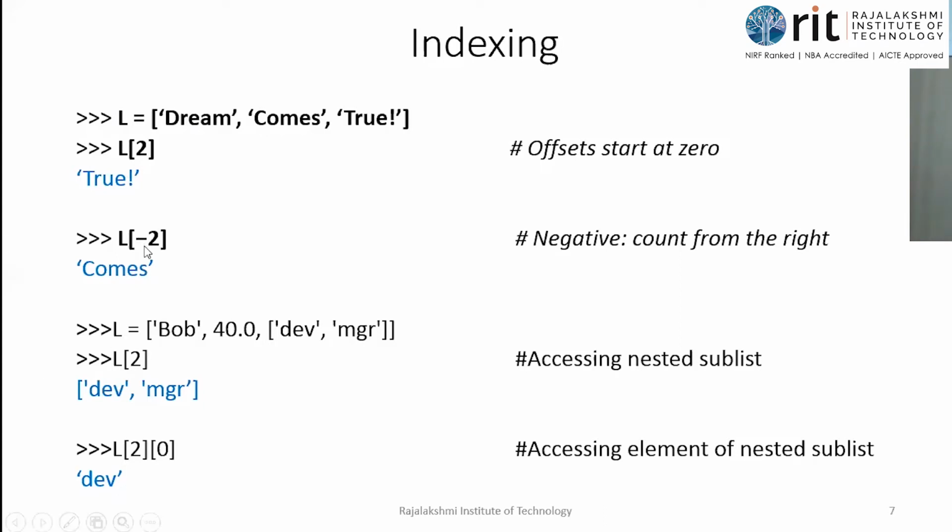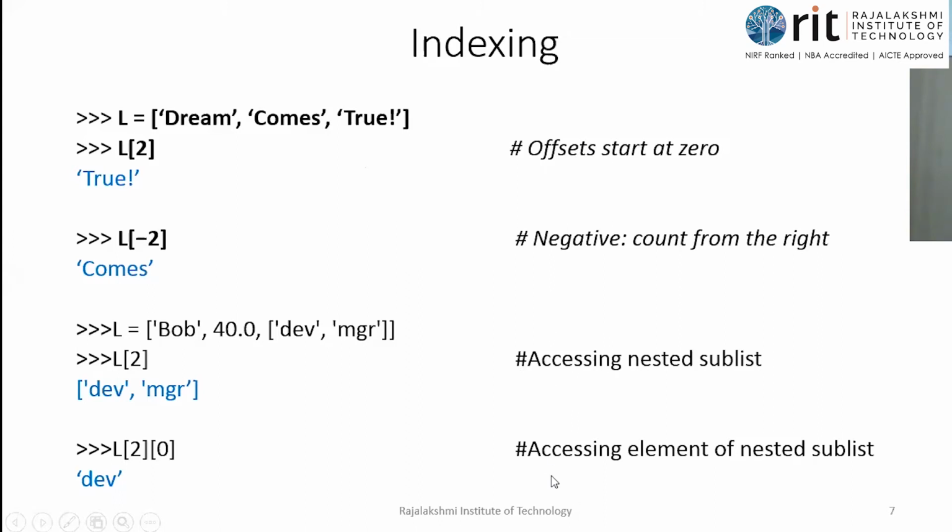Negative indexing is also allowed in Python. So the last element begins with -1 and it moves towards the left. So after the last element -1 ma -2 comes. Okay, so comes is the answer. I've already told index is otherwise called as offset, isn't it? So all those are given on the right hand side.